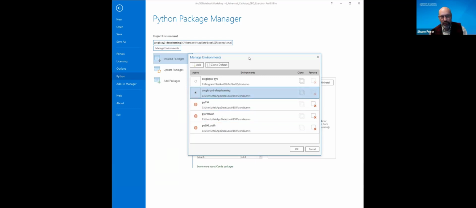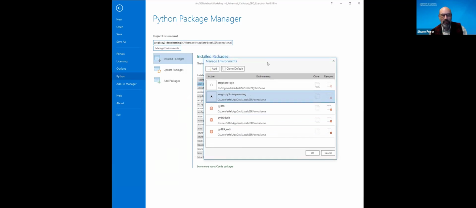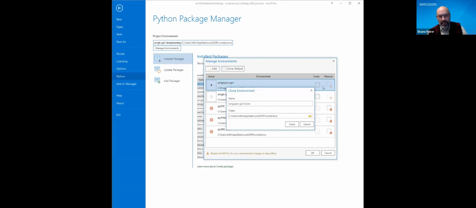If you want to clone your environment to add packages, the first thing you need to do is clone this one here, the ArcGIS Pro Py3. If you hit clone package, it's going to clone it and name it for you, and you can't control that name. It's going to give you ArcGIS Pro-Py3-clone. Not very helpful. It'll work, but instead, if you choose the clone button on the side, it'll actually give you